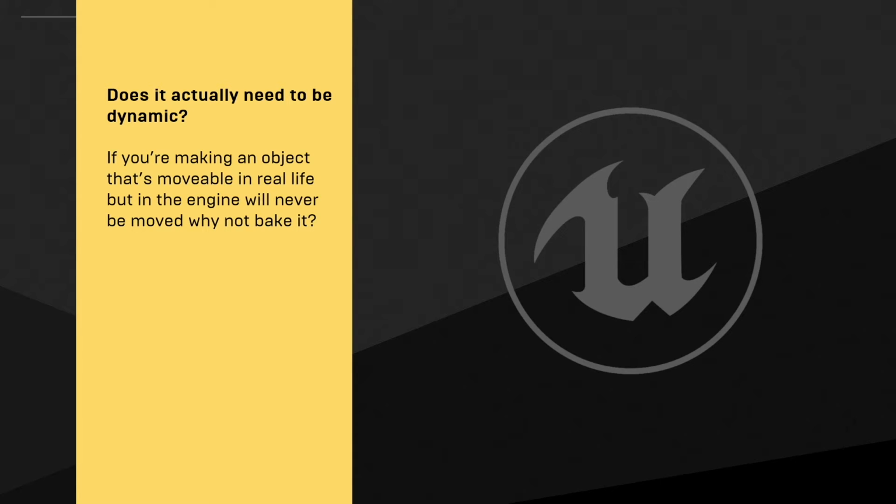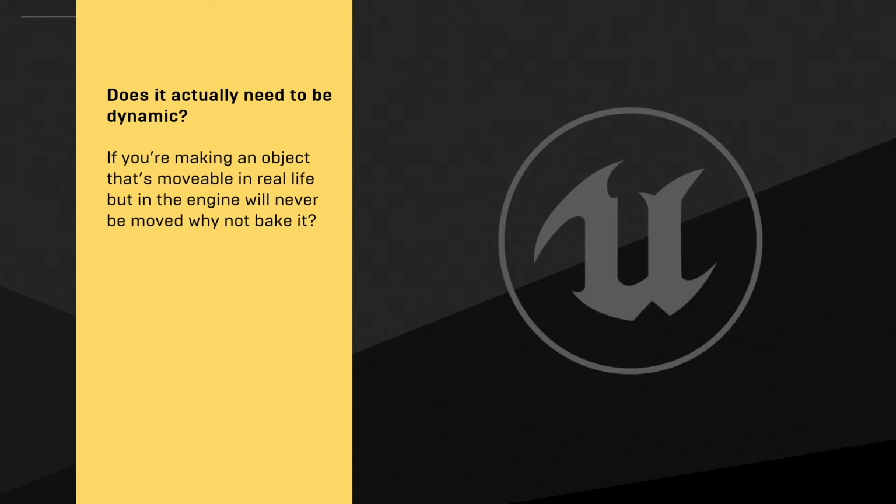If the customer is looking at it and the car is staying put and staying in place, then you could theoretically just make it a static object and do a super high resolution lighting bake and make it look gorgeous. And your customer's never going to know that that's the situation. As far as they're concerned, they just see a really good looking car. And that's kind of what matters here, right? So consider whether something actually needs to be dynamic.